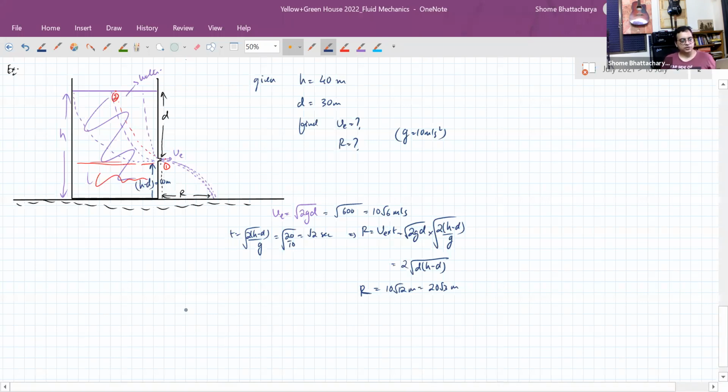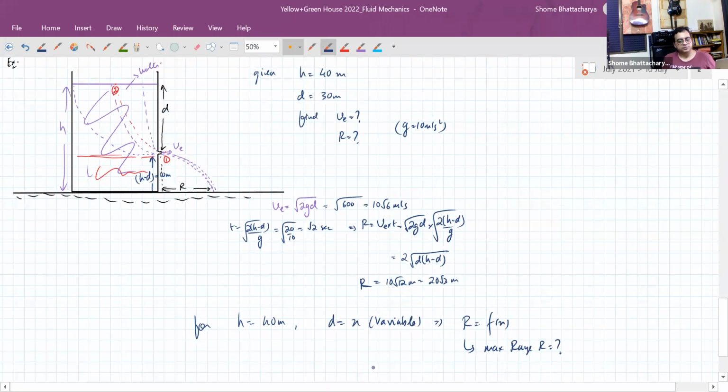So you can also see one thing, that for a fixed value of h, which is 40 meters, if we take d as x as a variable, then we can find range as a function of x, and we can see that maximum range comes out to be how much? So the speed of efflux will come out to be square root 2gx. Okay. And the range, which is speed of efflux into time of free fall,